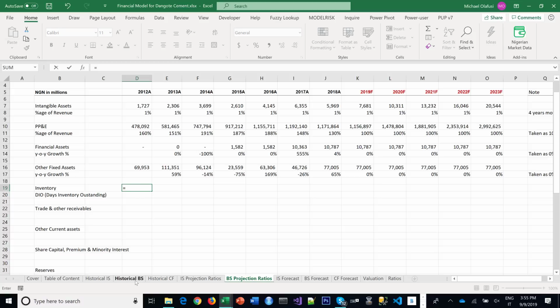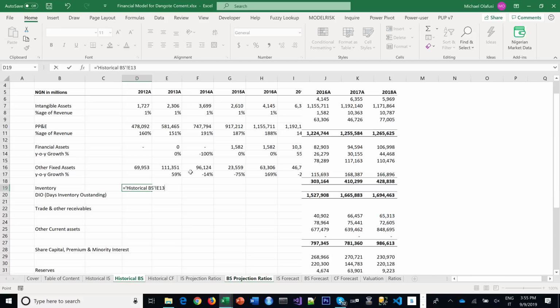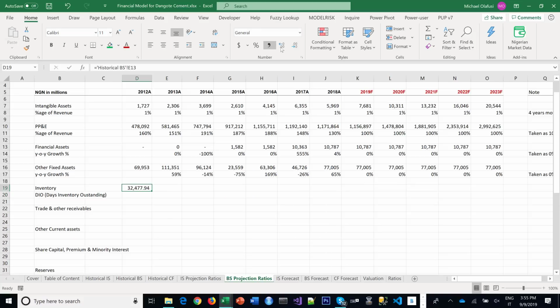So this is a very standardized way of forecasting your inventory. So I go and pick the existing inventory. I drag into the future, well, drag for the existing years. So the formula is inventory. Maybe I should just write it so you can see